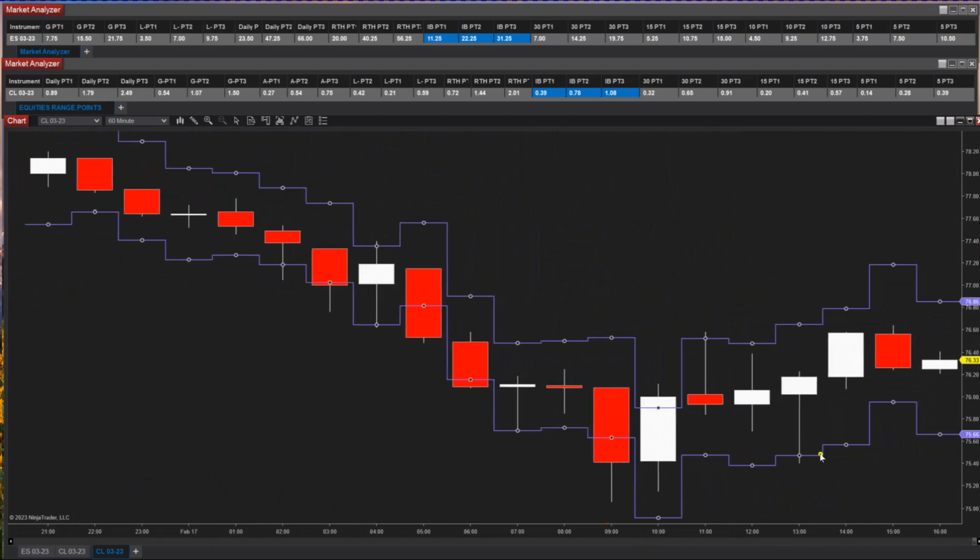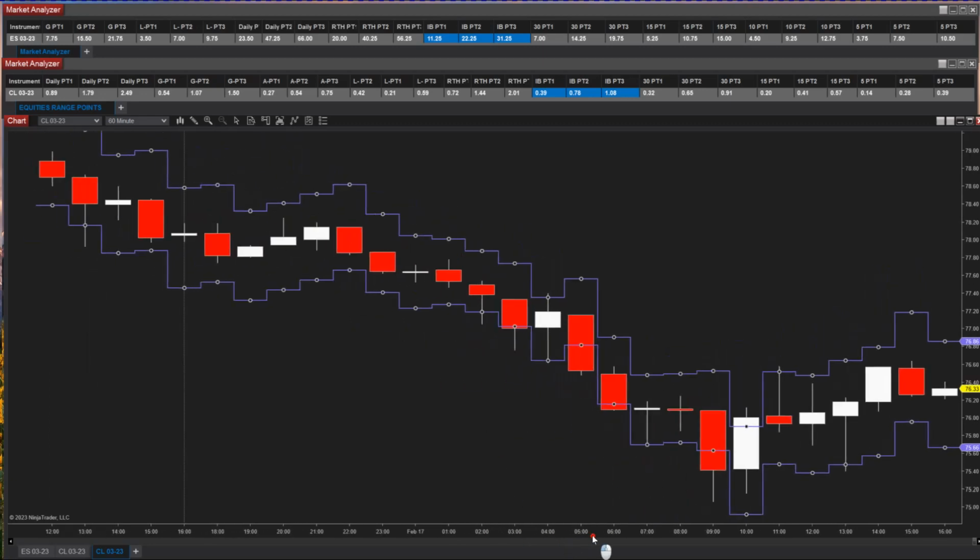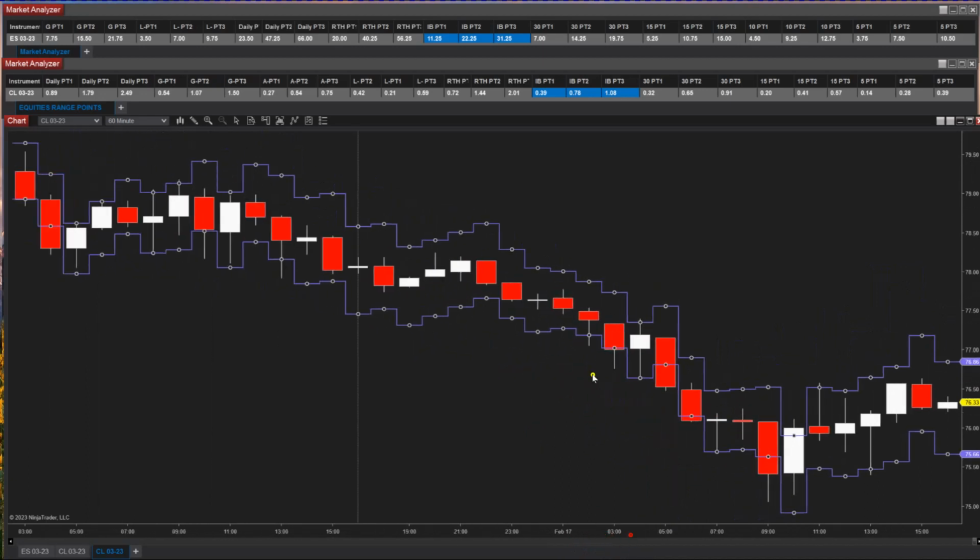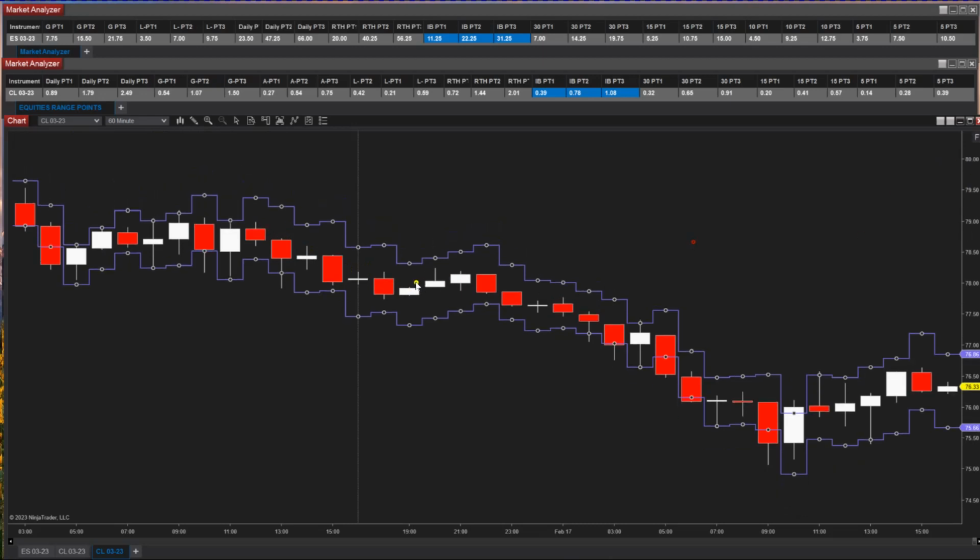So you can see that we got to the bottom of the 60-minute range, and that's where it turned around and went back. You got to the top of the 60-minute range, and it turned around and went back inside. Here we broke the range, and here's a break of the range with a close below, and that signaled the directional move going down. So here you can see that that was staying inside the 60-minute range, and then here we get